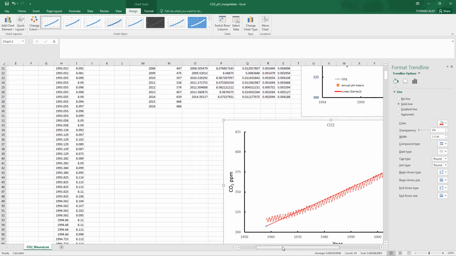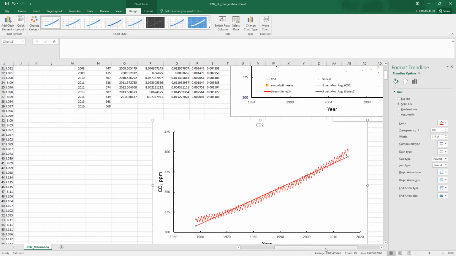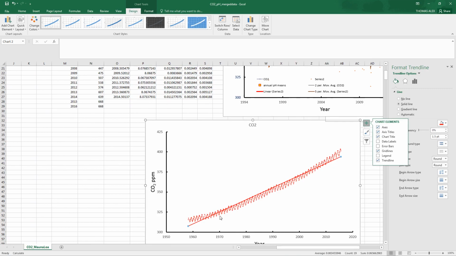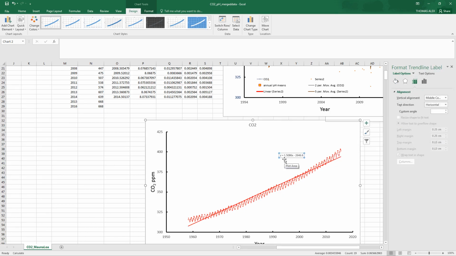So let's think about how we might do that. We could make a separate plot for each decade and then do a best fit line through it using the Excel function here. On our trend line, we could look at some trend line options, where we could display the equation on the chart, and we could look at the slope of that. In this case, the slope is 1.5. Then we could see if that's different for each decade. That would be a bit tedious,